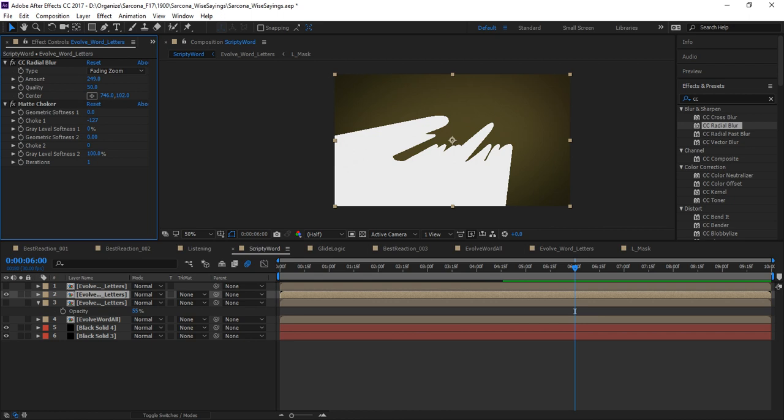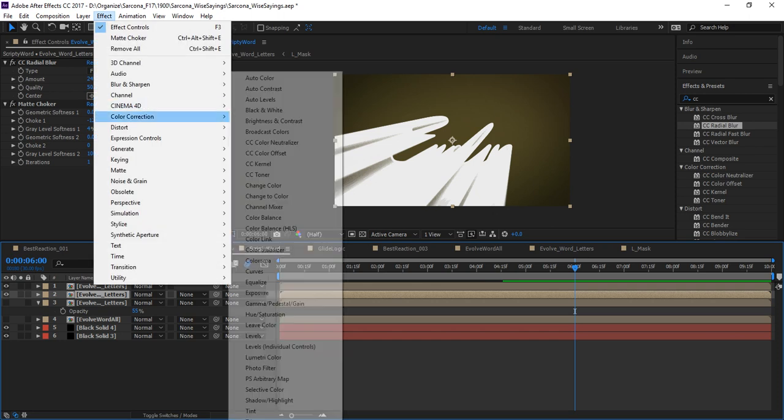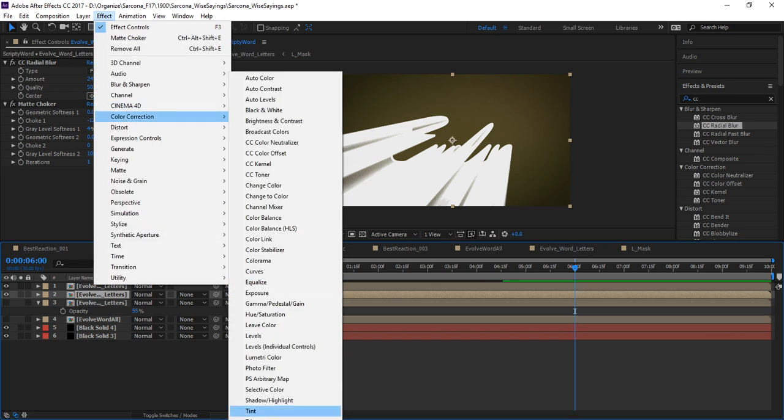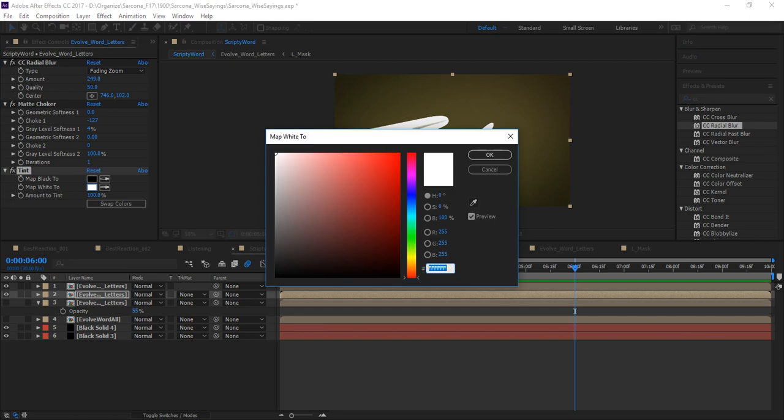Now if I play with this a little bit, I can actually create maybe a little bit of value in there just to create something besides just a flat color if I wanted to. Let me drop my word back on top of it. And now to color this, we can use a bunch of different things. So we've looked at hue and saturation before, we could use that. The one that I used was tint. Play around with different ones because you'll find that some of these are just easier to use for what you're trying to do. So in this case, I'm just going to map the white to